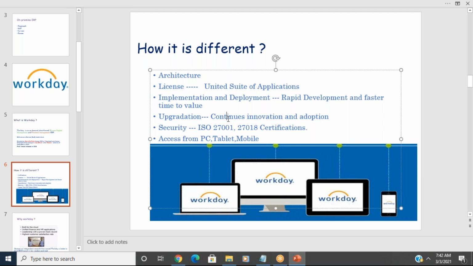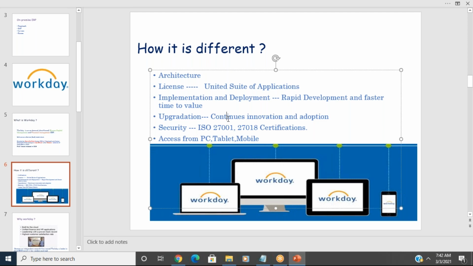But in Workday, you have to use all the delivered features. I mean, for upgradation also, you need not pay an extra license. It's part of the license. All the customers will get the latest version on the same day itself, unless they have opted out. It's part of the license, no need to pay extra money, and it's Workday's responsibility to provide the new features.